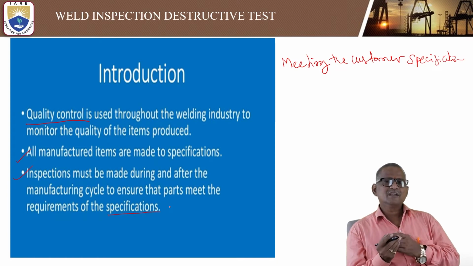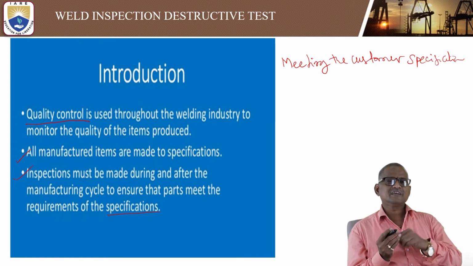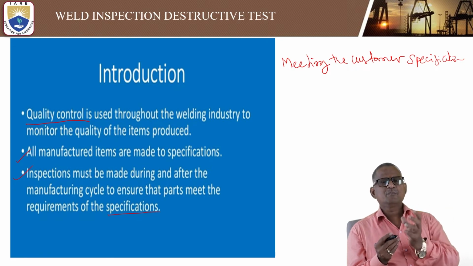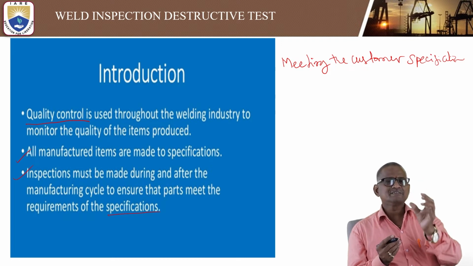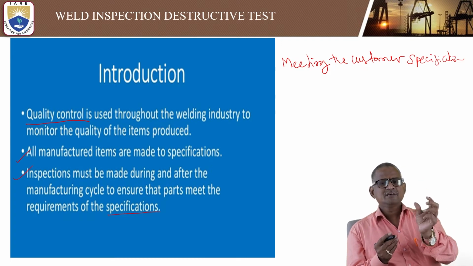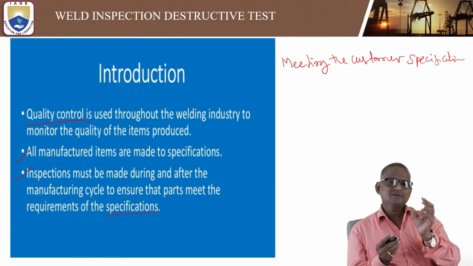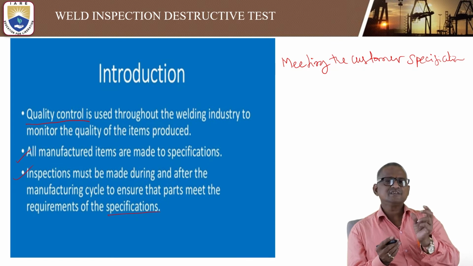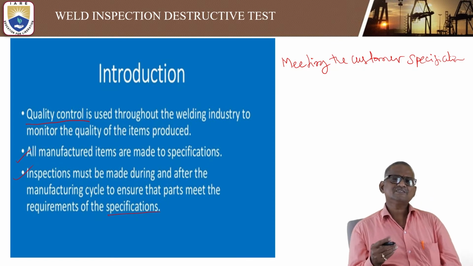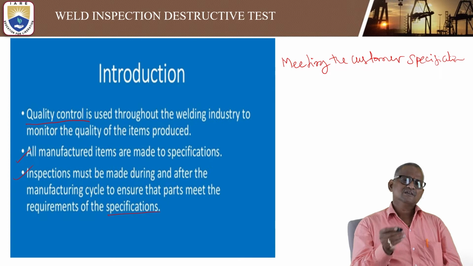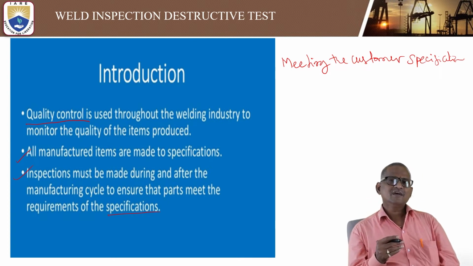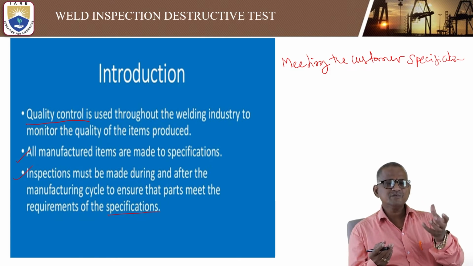Whenever a customer requires some specifications, for example, when you want to produce electronic components like mobile phones, the mobile phone has all the requirements, like the magnification of the camera pixels, and more charging facility. Like that, so many specifications he has to give. Based on that, the manufacturer can do that, and finally after testing,